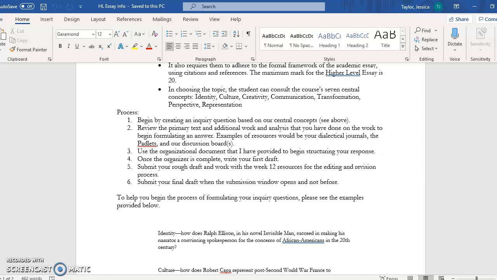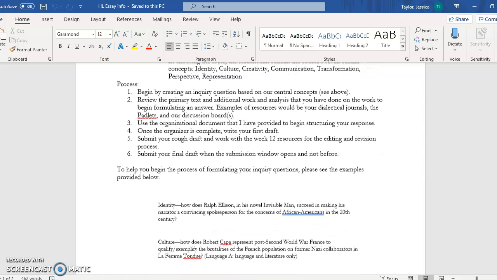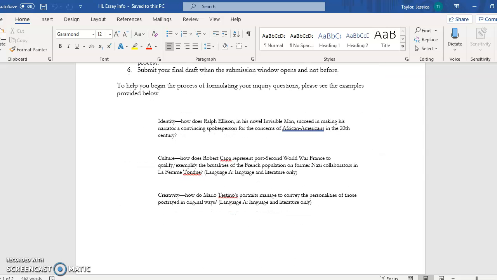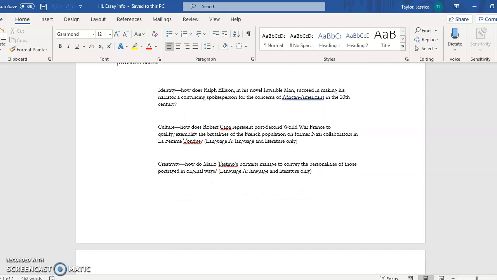And then if you look below here on the document, I have some examples of process inquiry questions. I thought these would be a good inclusion because these are all relatively high level. They incorporate both essential text and these other more research-based ideas or concepts from critical lenses. So if you're looking at those questions, you should have a pretty good framework for what the expectation is as far as your inquiry question goes.